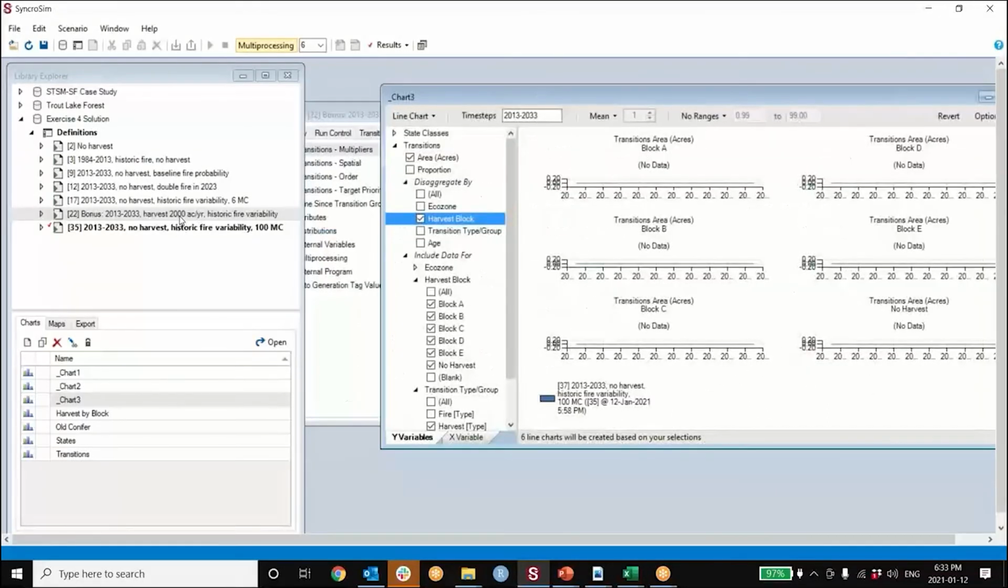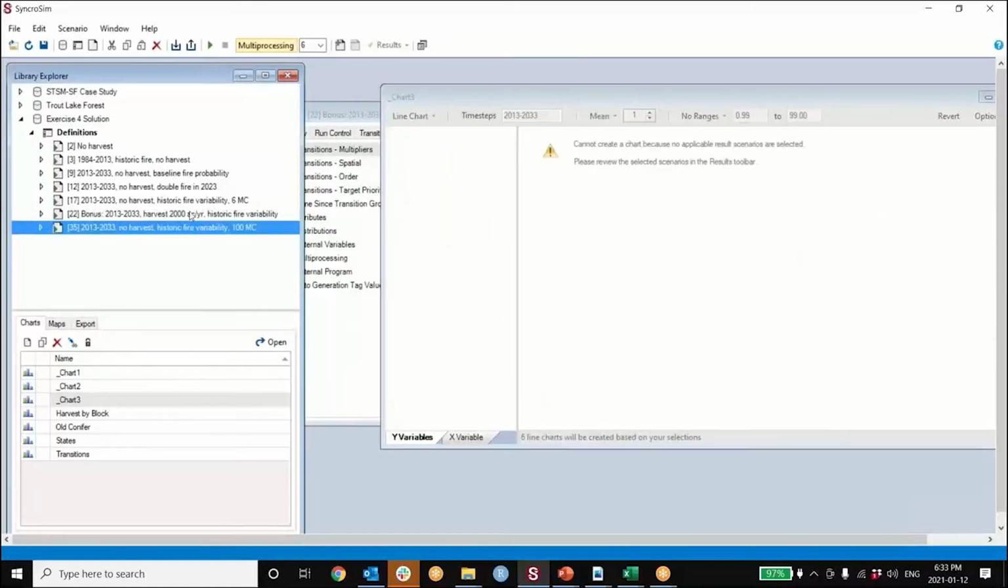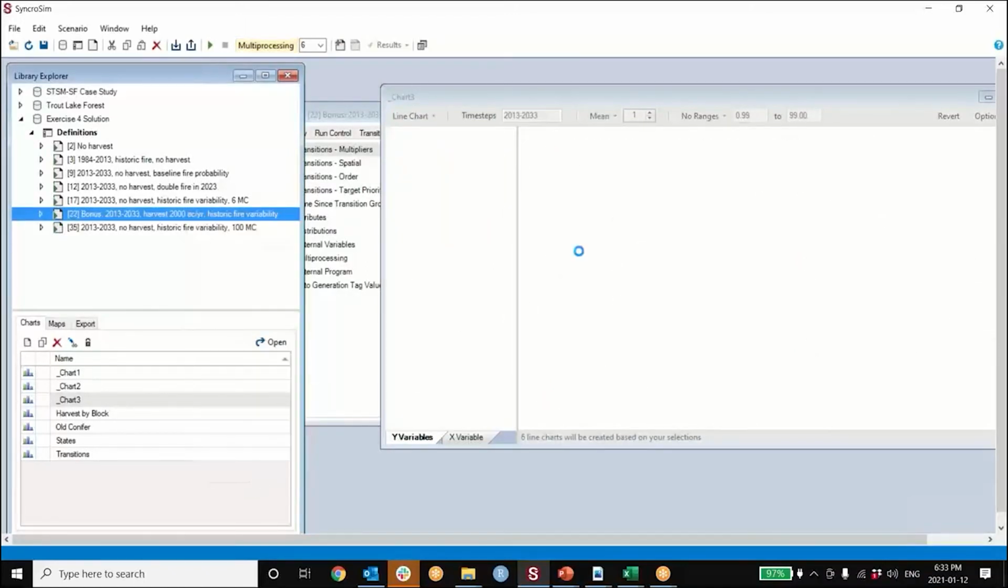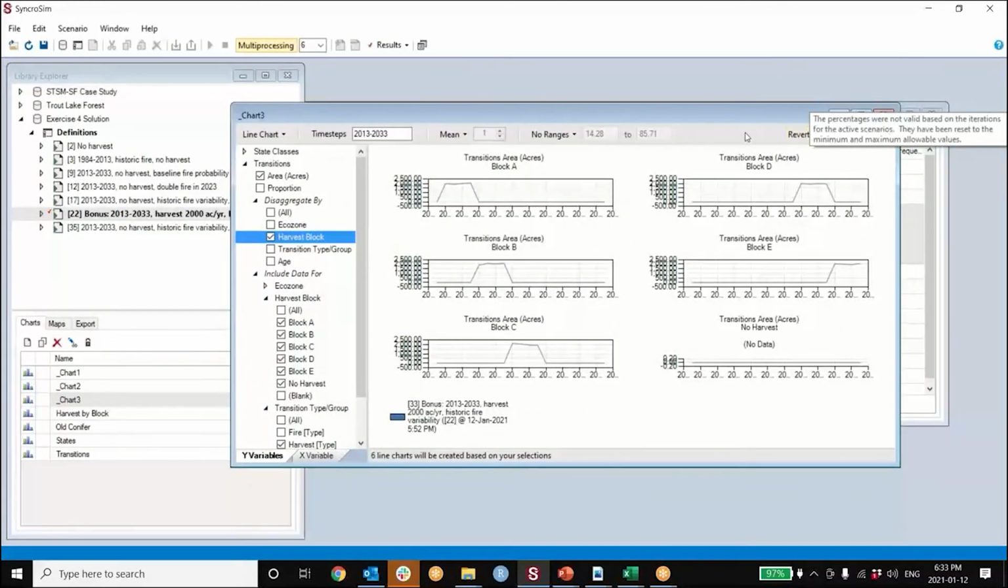This is the no harvest scenario, Colin. Thank you. I got the wrong scenario on here. So that was a good check that I had no harvest. And so this is